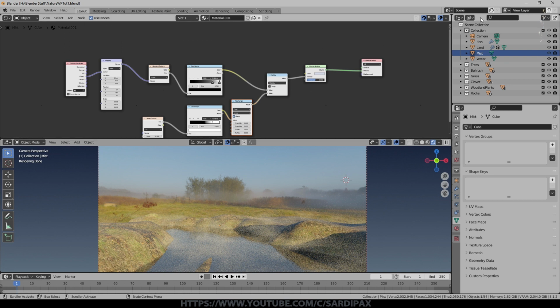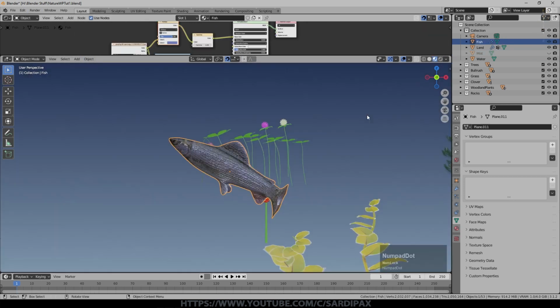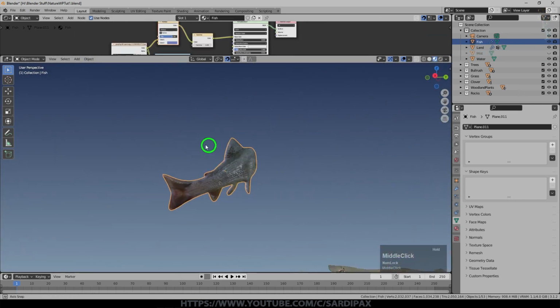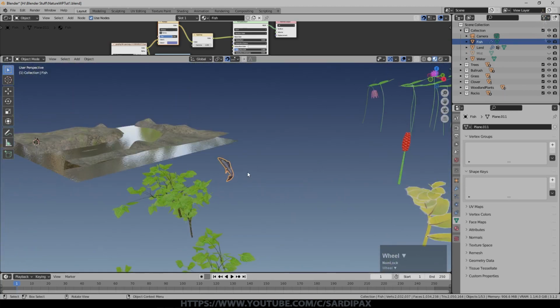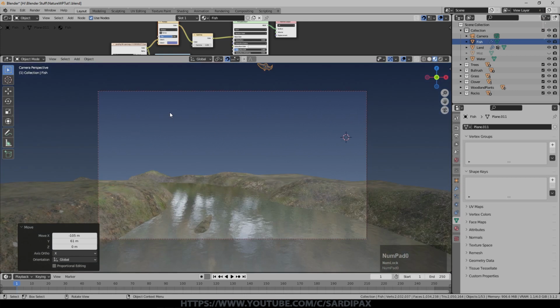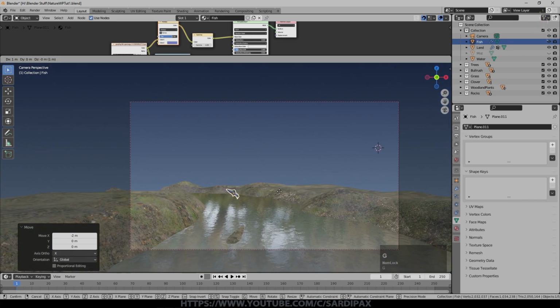And then finally, I'll just hide the mist for the moment. We need to put our fish in the scene. So I made a little fish model, and there he is. Just a really simple fish image attached to a reasonably fish-shaped object, and a bit of bump applied as well. So we just need to get him placed first of all, maybe something like that. He's just jumped out of the water, obviously.